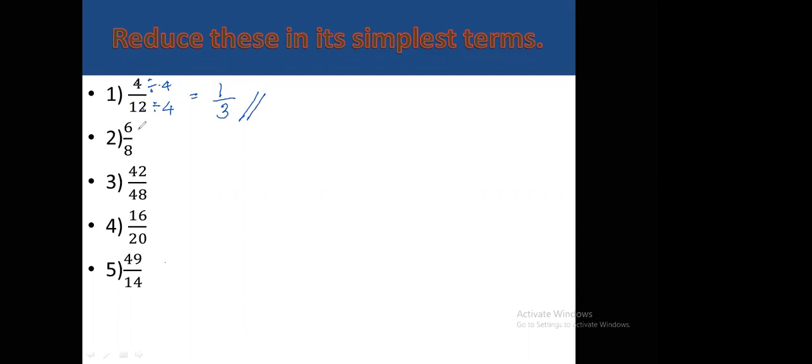Next one, we can divide the numerator and the denominator by 2. Okay, reduce and keep the answer. I will just help you. What are the numbers? You have to divide this. This one, 42, can divide by 6. This also can divide by 6. This can divide by 4. This is also divisible by 4. This can divide by 7. This also can divide by 7. Can you understand this?